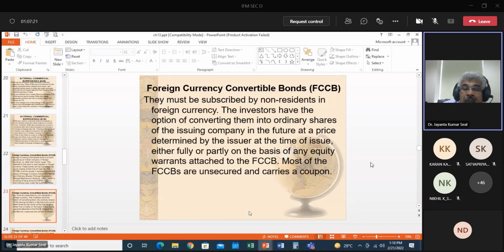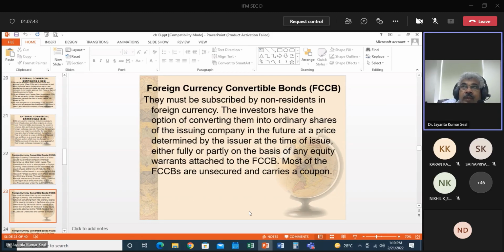So you'll see I have names of those and cases also. The foreign currency convertible bonds must be subscribed by non-residents in foreign currency. The investors have the option of converting them into ordinary shares. It will not be compulsory of the issuing company in the future at a price determined by the issuer at